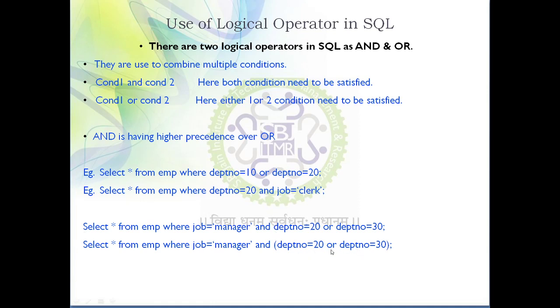So in order to give this, we need to specify the bracket, because we know that bracket has the highest priority as compared to and, or. In this case it is clear that and has higher priority than or, and bracket has the highest priority as compared to and, or. That's why specification of bracket is important. So while using logical operators, be careful while using and, or. We'll see the execution of this, don't worry.